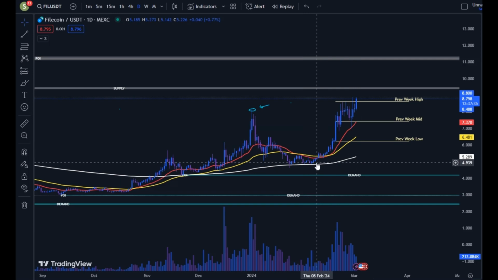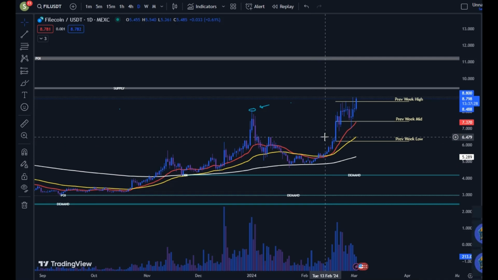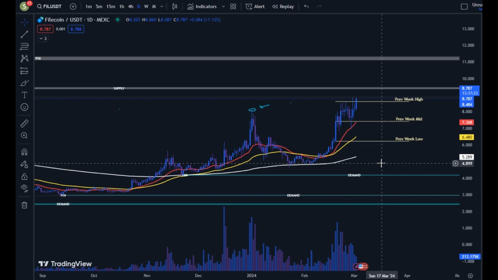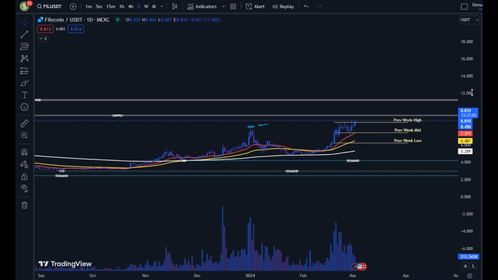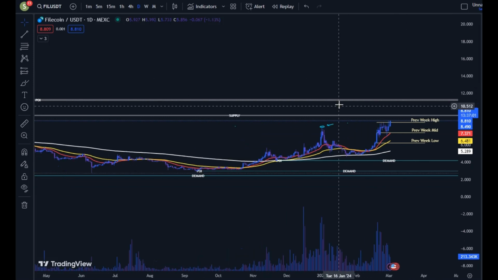Bring your stop loss. If you've taken the long here, bring your stop loss to break even. Or, even if you want, bring your stop loss here to around this area at $6.04 in profit. And then at least you know if it does come back, you've taken the profit. So like I say, you want to see Phil hold this area of $8 as a support area, which is looking like it is doing. And then a big push off again to $9, $11,